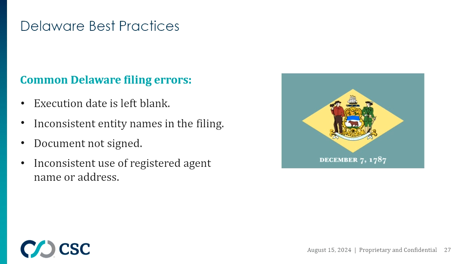Trying to avoid these errors will definitely ensure that your document can be returned in a timely fashion. One thing you want to make sure of is that your document is executed properly. What I mean by that is having a complete execution date that's not in the future, making sure that you have a live or conformed signature, the printed name of the signer, and the appropriate signer title. For corporations, the appropriate title is incorporator. For LLCs, it could be organizer, member, authorized person, pretty much anything as long as it's not incorporator.